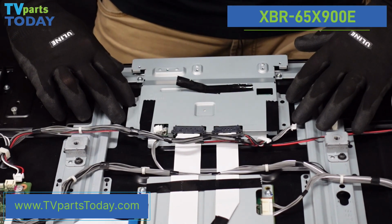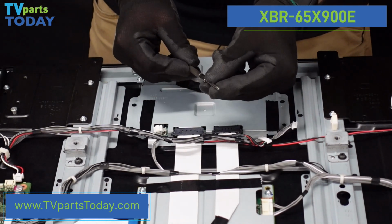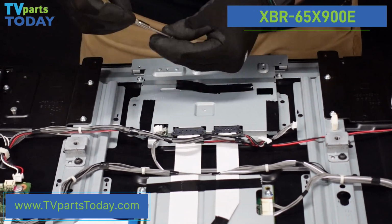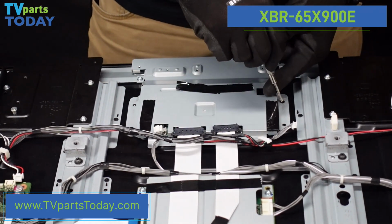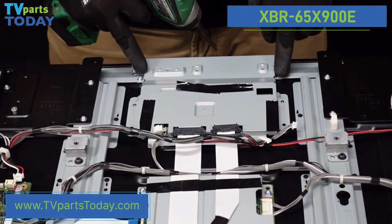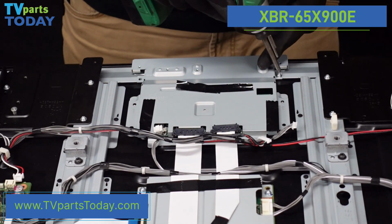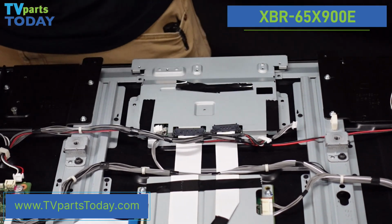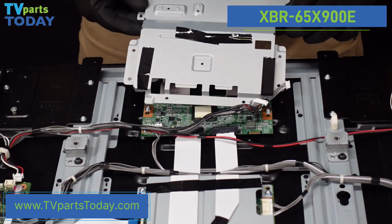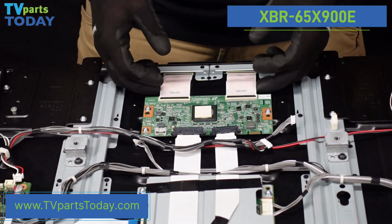So we do have, it looks like, 4 very fine tip screws here. I'm going to use a small number 1 screwdriver just to get these out. So after we have those screws loose, we do have 2 right here that are keeping the plate on. So we got one here, one here. After those screws come away, we should be able to lift this whole plate up and away, setting it off to the side. And it looks like we got a couple more screws here actually connected to the T-Con board,